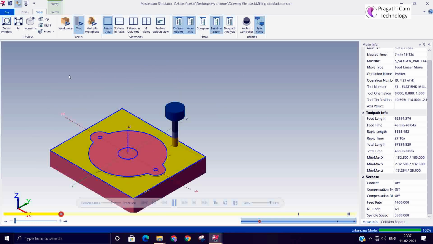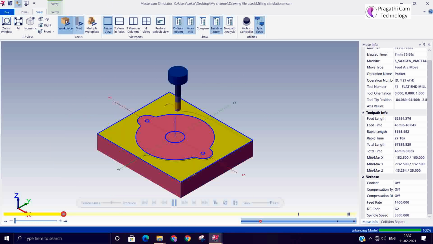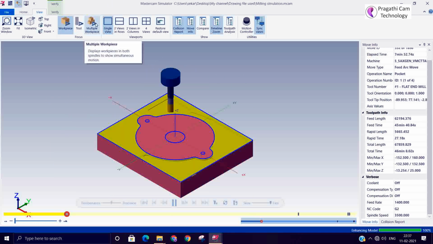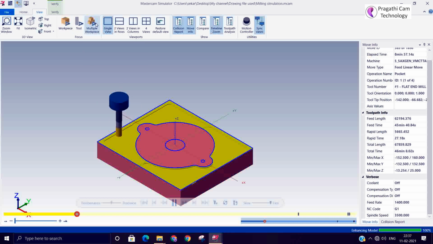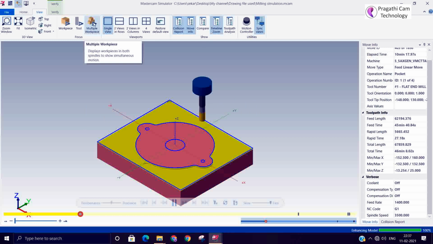So you can modify the setting however you want. There is a third option, the multiple way, where both spindle and table move, both are possible. Based on the situation, both will move, either the tool or the table; the tool will also move and the table will also move. It's a third category, based on the situation.